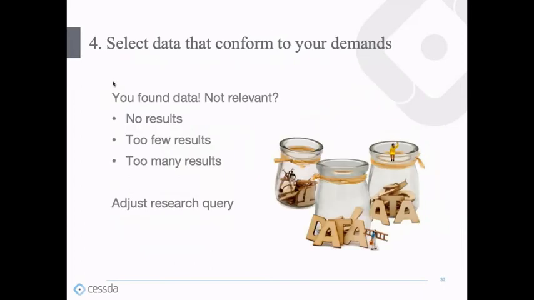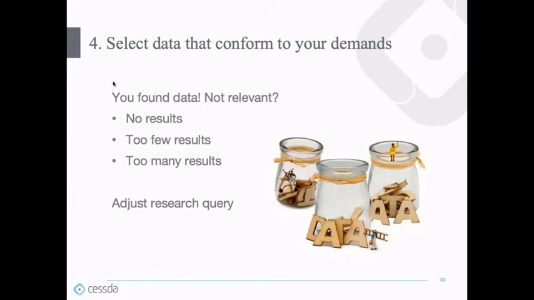At this point, you have found data and you must decide whether you want to use them or not. Maybe you have found relevant data and everything is okay, but maybe you have found data that are off topic. In such a case, you must start again and find better keywords. It's possible that you have retrieved too many results, and these results are mostly irrelevant. And maybe you have found too few results, or maybe no results at all. You can try to rephrase your search query and hope for better results.